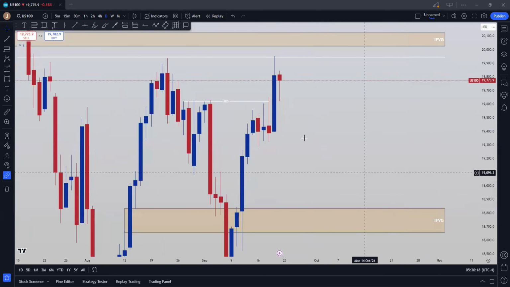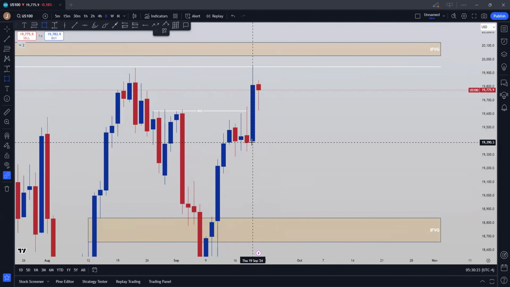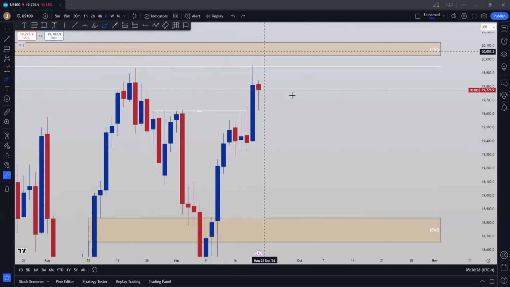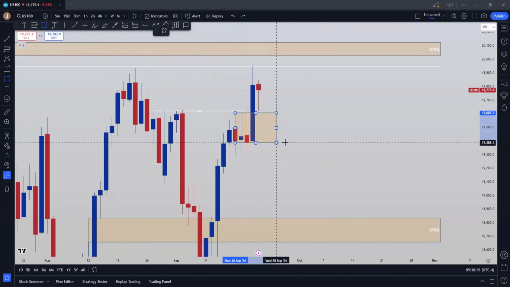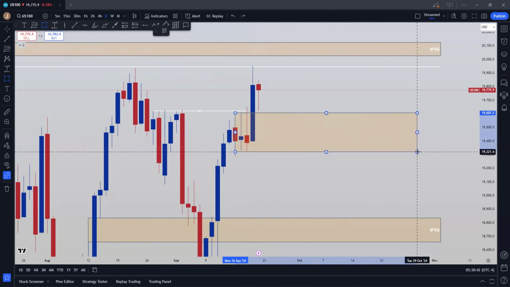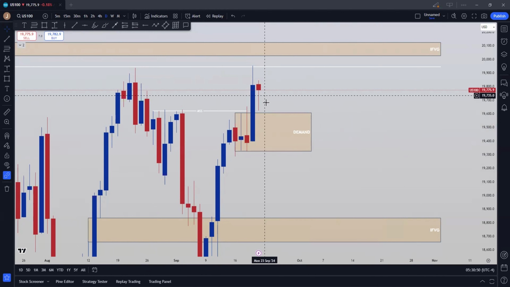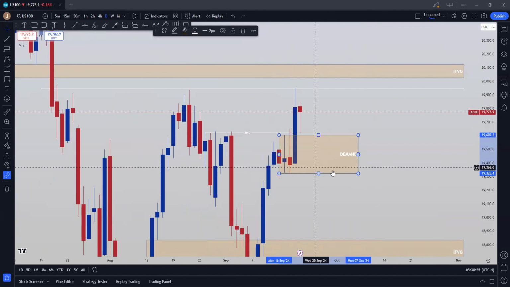But an area to which I will first have my eye out will be this region right over here, right? We have created something within this area which is quite significant as well. Within this little correction, we did create a beautiful area of demand. If I box it out like that, boom, a beautiful area of demand right there. So I will have my eye out on this area first.